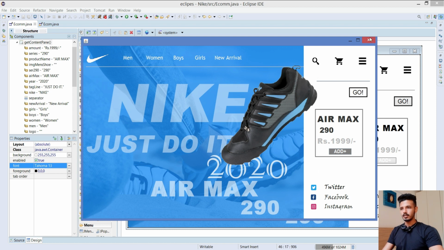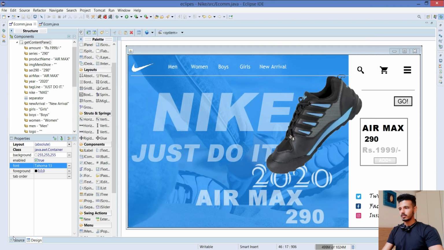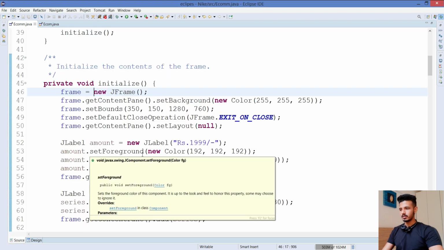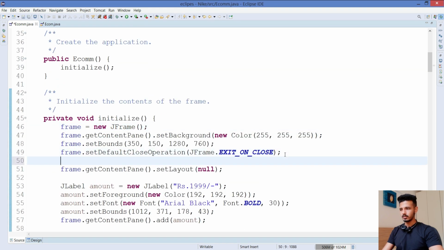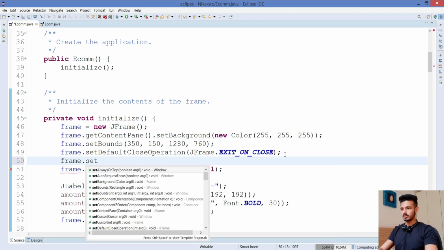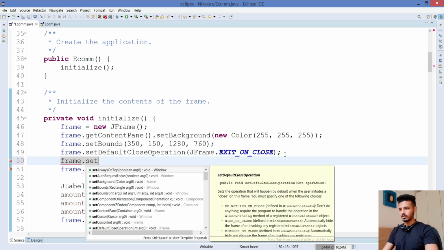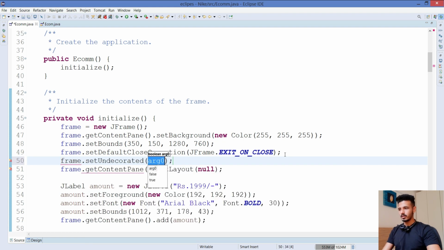What we are going to add here is we don't want this default design, this default cross, right? So it doesn't look good. So let's remove that. To remove that particular thing, we just need to go on to the frame section. Then we need to write frame dot set undecorated and write it as false. Okay, now if you run the program,